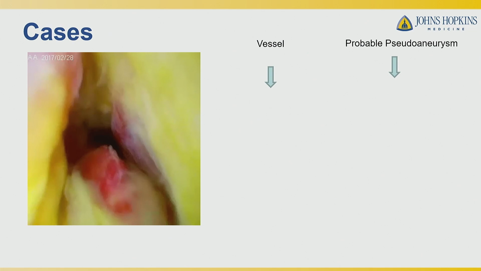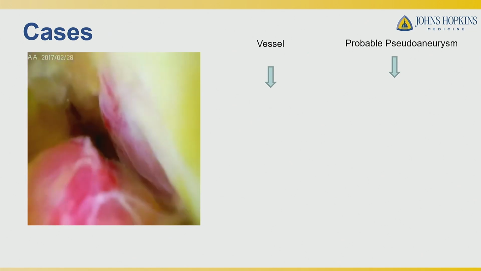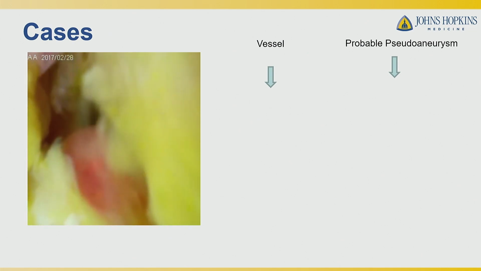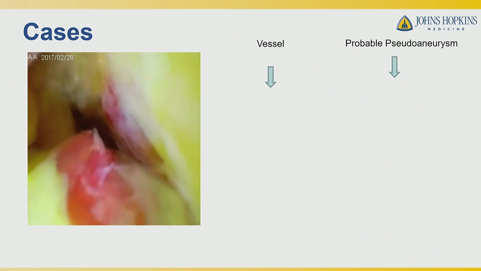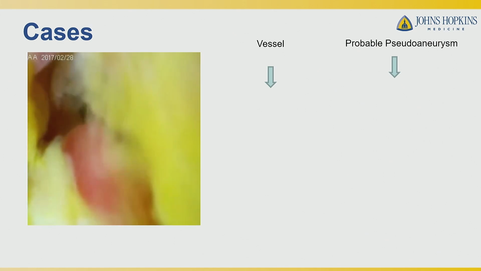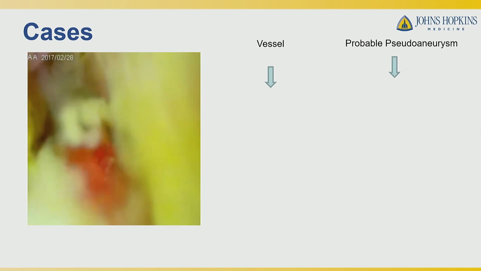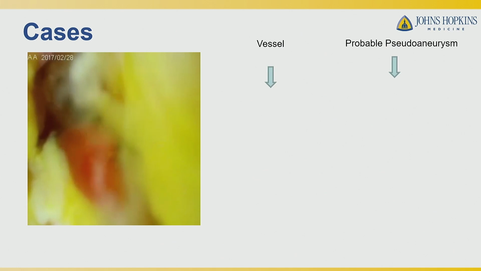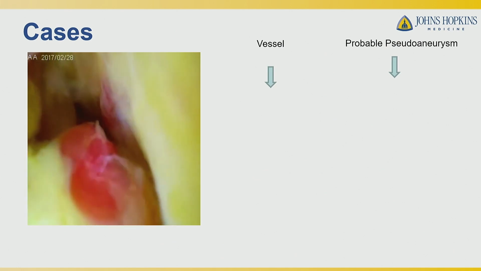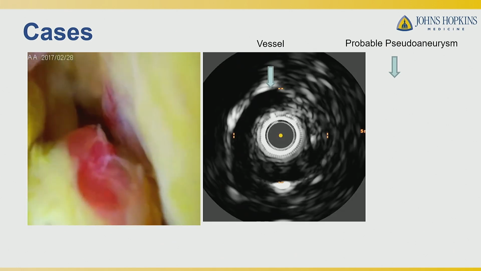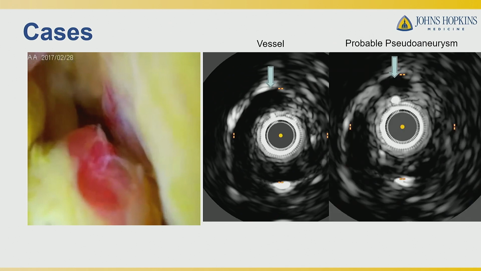So I hope this video plays. So we wired the tube, put in a 16 French POA, and did some cholangioscopy and actually some IVUS. And you can see there's this red biliary epithelium, and you can actually see some pulsatility there, which was surprising. So we got our IVUS out. We could find that vessel that was sweeping over the biliary system, and we saw this little outpouching there that, for all intents and purposes, looked like a pseudoaneurysm to us.